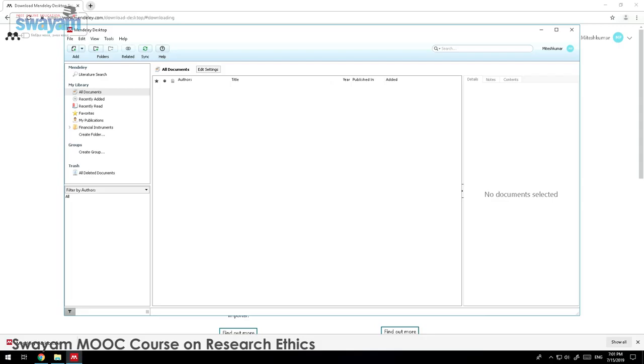Now the first thing is, after configuring Mendeley Desktop, you have to create a collection. Once your collection is ready, you can start inserting files. When you are downloading something from online sources, it will allow you to drag and drop the files. The moment you drop the file, the system will automatically extract the metadata if it is downloaded from some commercial publishers or scholarly communications databases.